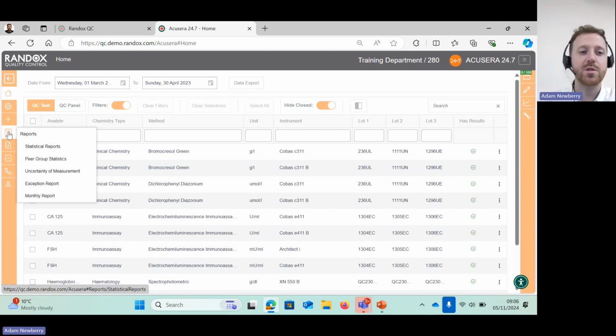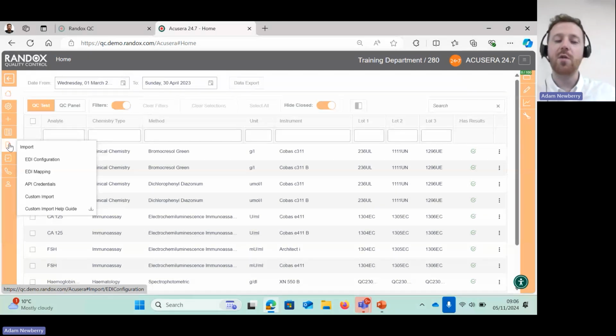We then have our reports, which I will show in a little bit more detail later on. We have our import function. So I like to stop here for a little moment just to explain that with 24/7, you have multiple data entry options of how you get your QC results into the software. So we have manual, where we're simply typing it in. We have semi-automatic, where you're taking a data file of results